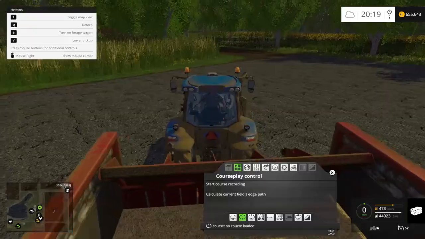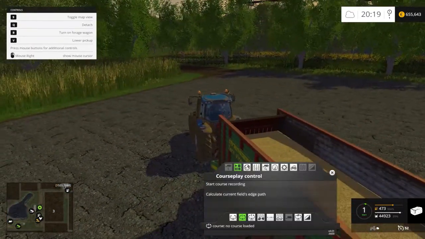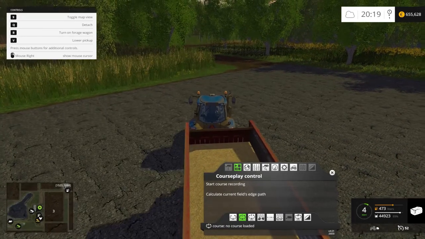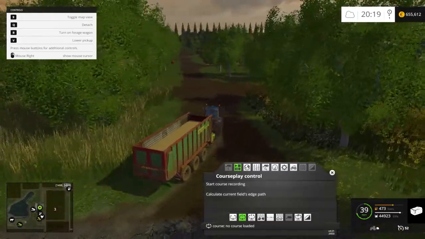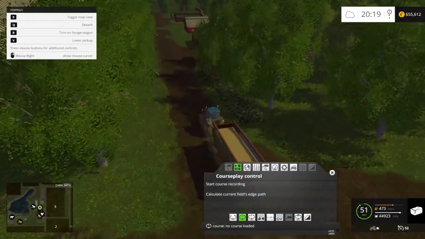Okay, so I finished doing the straw. Finished picking it up. I've finished field number one with the grass. All done, collected that and dumped it in the storage. Now what are we going to do? We're going to feed some animals because obviously we have a few that I have neglected so far. So now that I've got a spare tractor, what I'm going to do